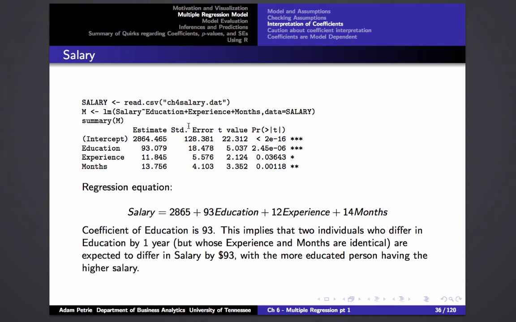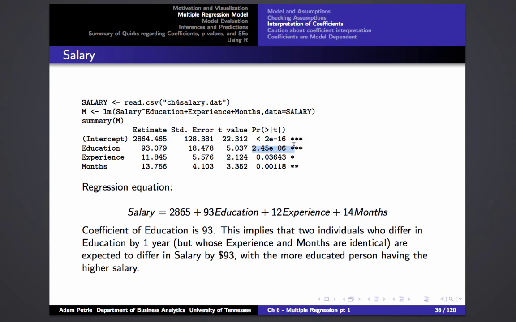Okay, so practice with interpreting coefficients. One of the most important things that we're learning in this class. Here's our salary model predicting salary from education, experience, and months. Here's our output where we're given the estimated coefficients along with the standard errors of those coefficients, how far off we think our estimated value might be from the truth, and also, we'll talk about this later, the p-values